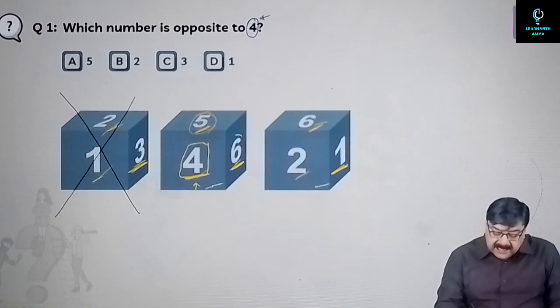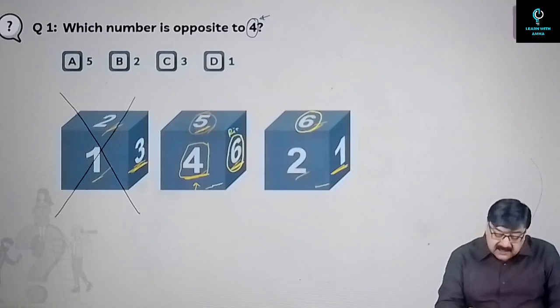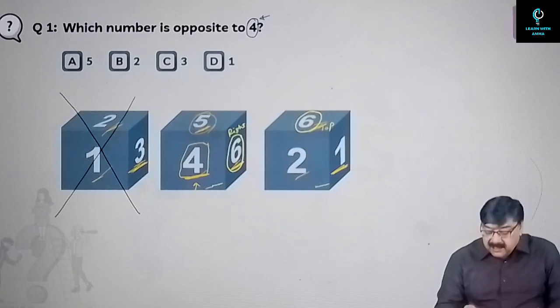And when we compare second and third diagram, we find that there is a number which is common. And which one is that? 6. But is it in the same face? No. Here it is in the right face and here it is in the top face. So what is rule 3? One common, different faces. Then first we will go to that diagram which consists of the number given in the